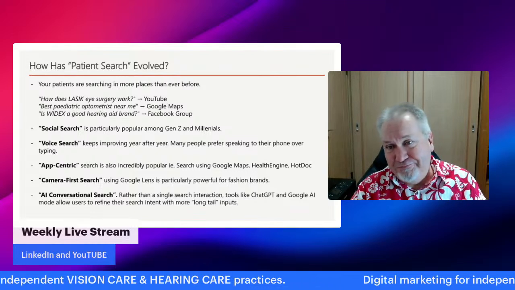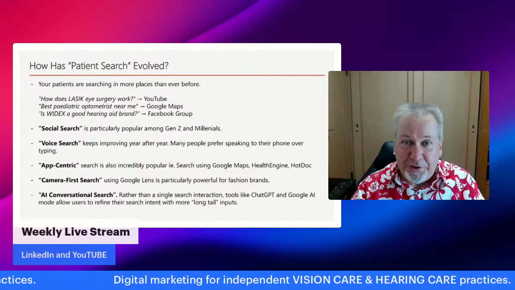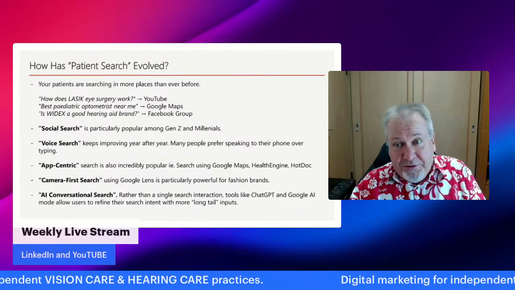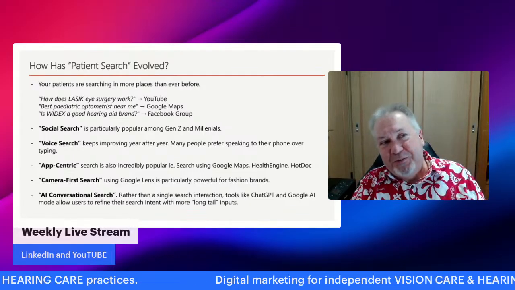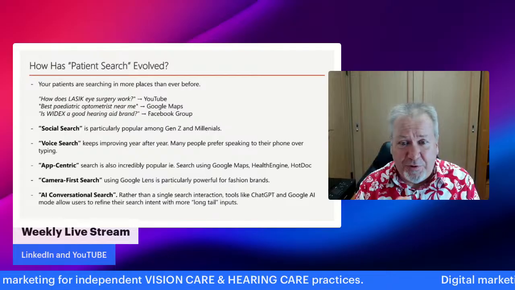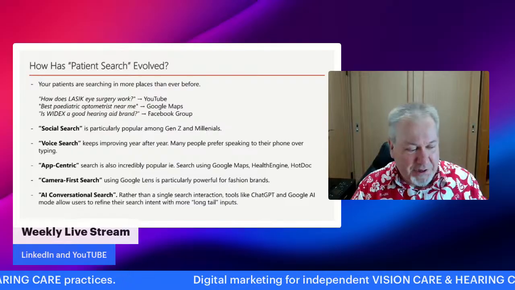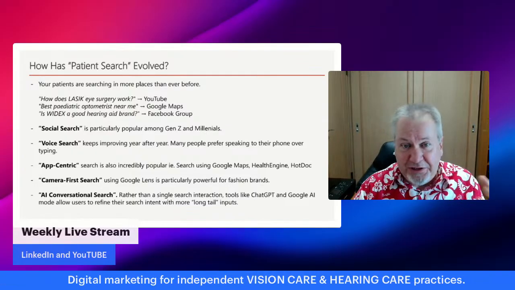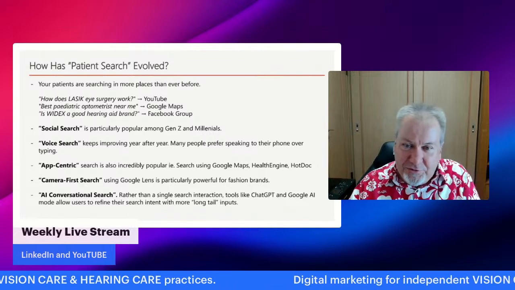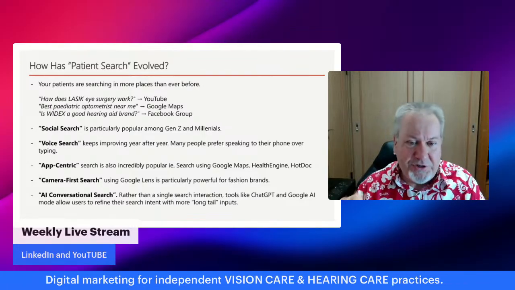So I think that if you're not being recommended by Google Lens, then you're potentially missing out on quite a good sale. And I've talked in the past about the lifetime value of patients. So it's not just the sale of that one pair of frames, but you're missing out on the potential for repeat business. That patient coming back for regular eye exams, and recommending your practice to friends and family and all the rest of it. So that's just another aspect of how search is changing.